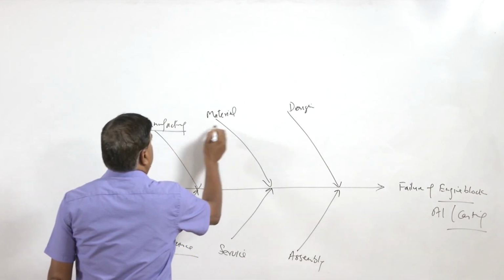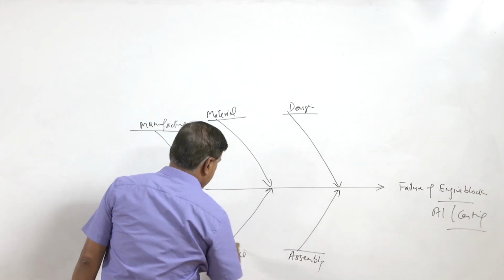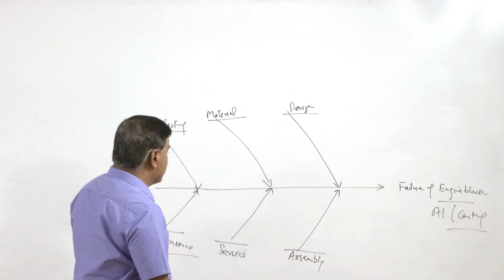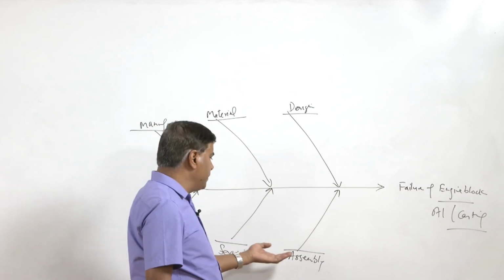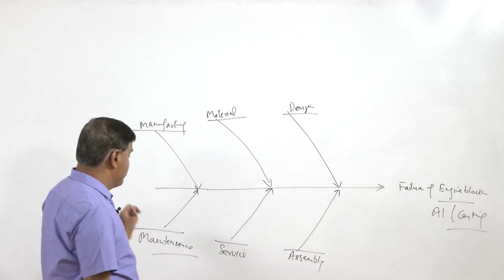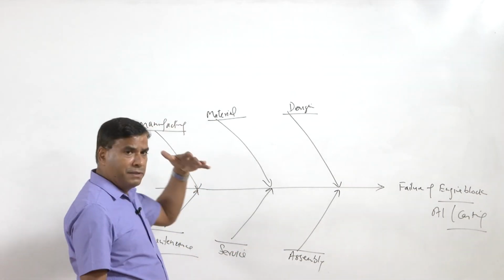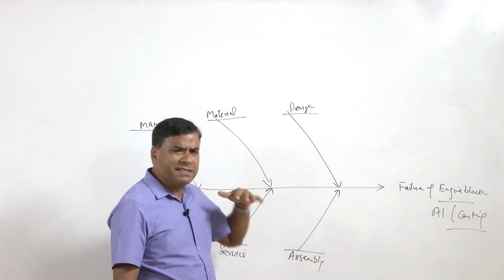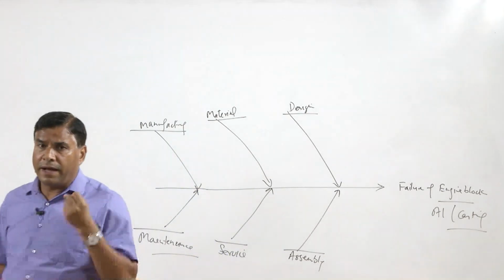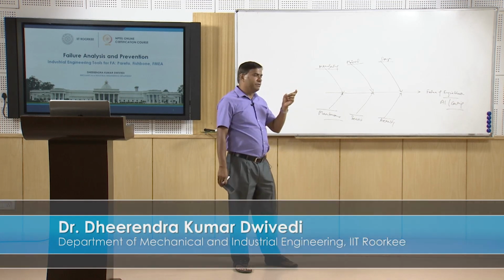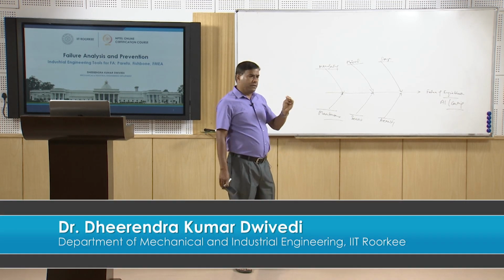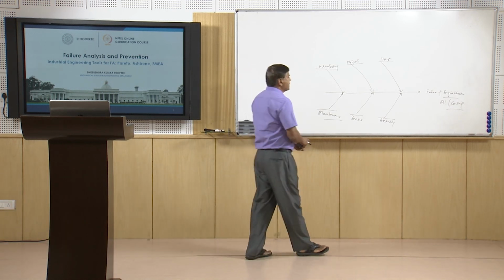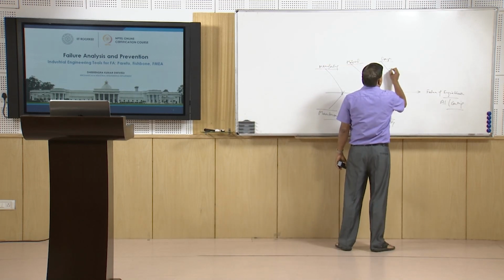So, all these are termed as the major causes or the major categories which can contribute towards the failure. But these are not actionable. Everybody will say, okay, assemble the things properly, do the servicing properly, do the maintenance properly, manufacturing has to be done correctly as per the established procedures, material has to be sound and free from defects, and design has to be perfect. But these are not the actionable things, these are the broad category of factors or causes, but the actionable things will be finer, in the sense that we need to identify a few minor causes